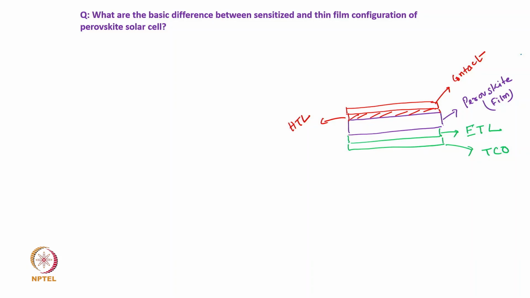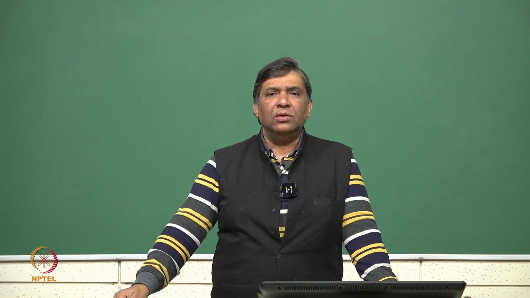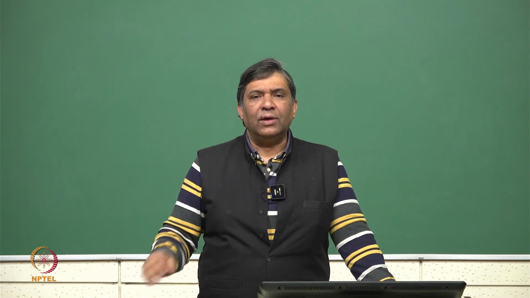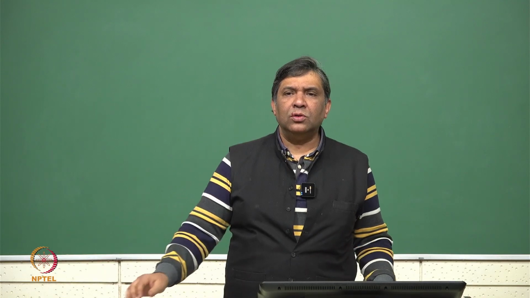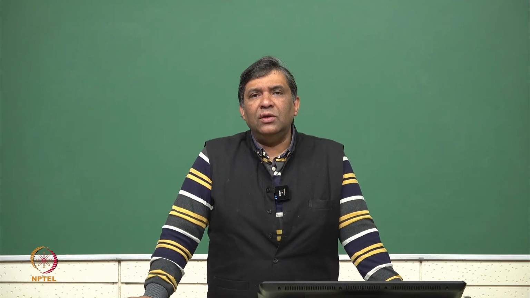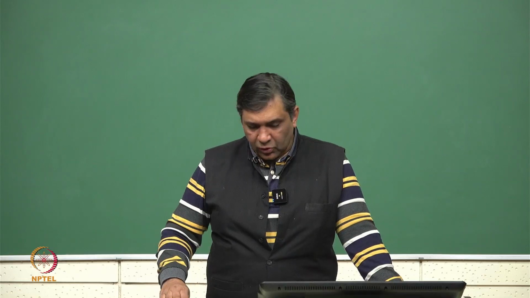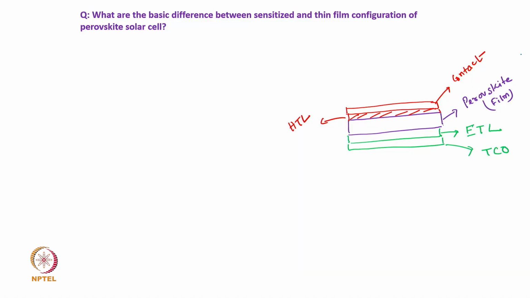a perovskite film, and when light falls on this perovskite film, it generates electron and hole, and then holes are transported through the hole transport layer which is generally spiro-OMeTAD, and then it goes across a contact. Okay. And the electrons which are again generated in the perovskite layer, they follow the other path, it goes to an electron transport layer and finally through the transparent conducting oxide electrode to the outer circuit.